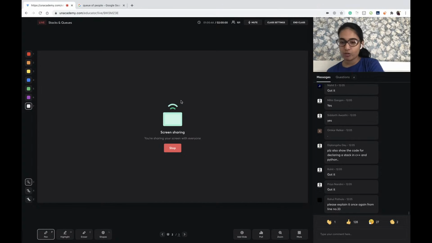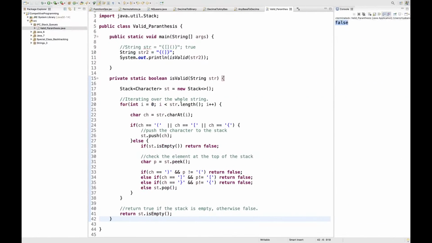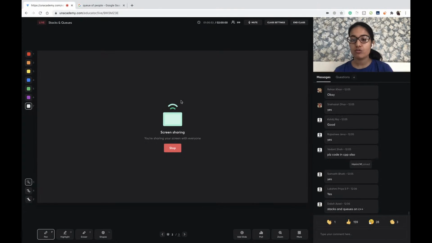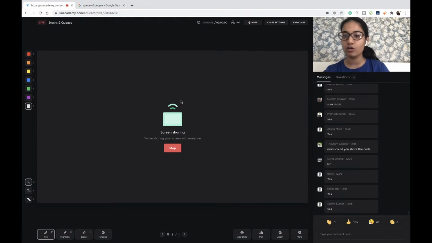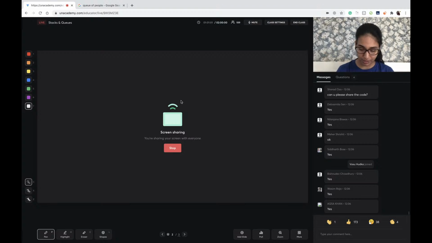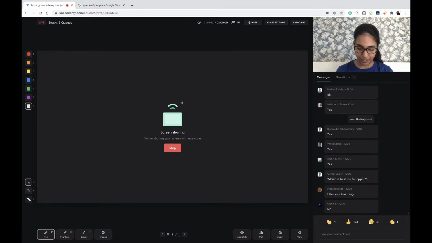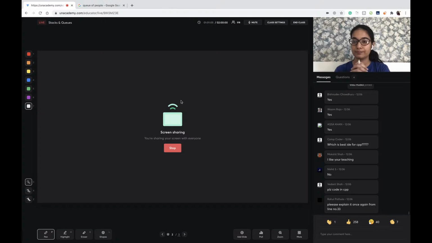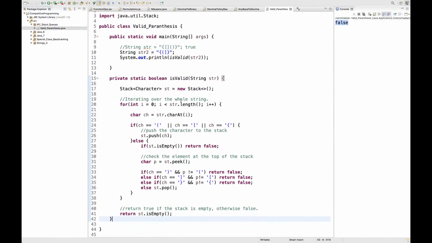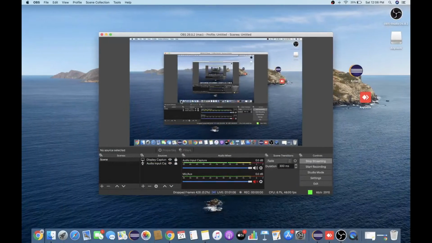Should we move to the next question? Let's discuss more questions, right? Let's try to solve more and more questions and try to implement them and see how we can do them. Once, can everyone just give a quick thumbs up if this is clear? Then I will explain the next question to you. All right, perfect. Let's move forward.